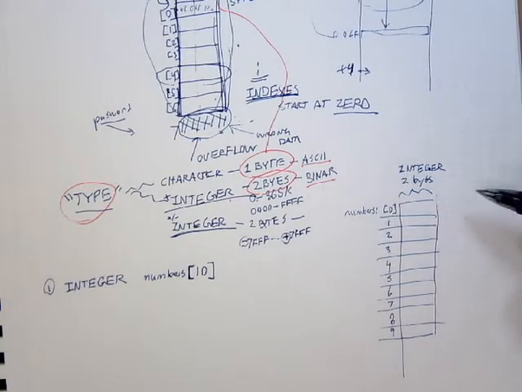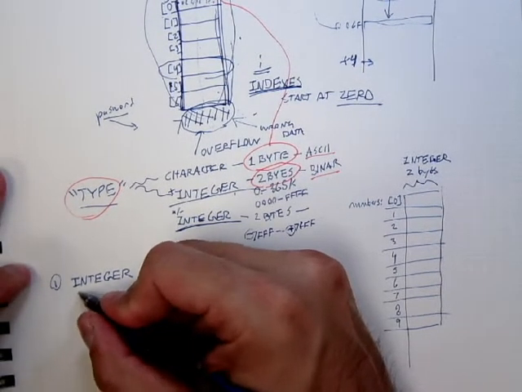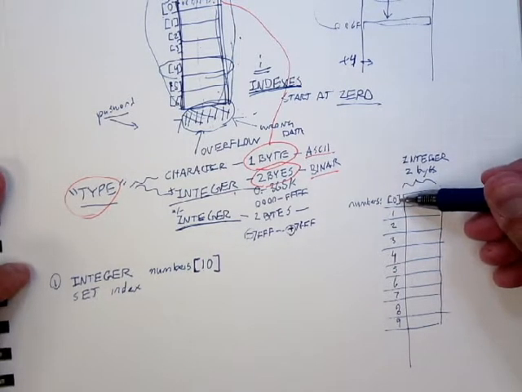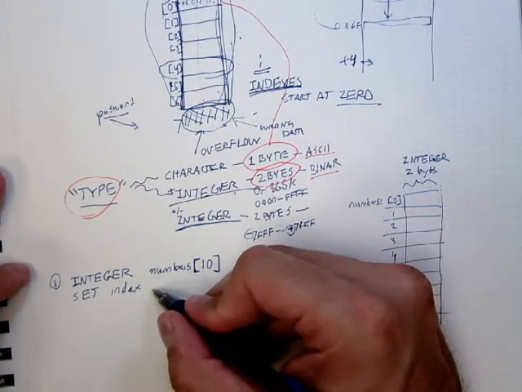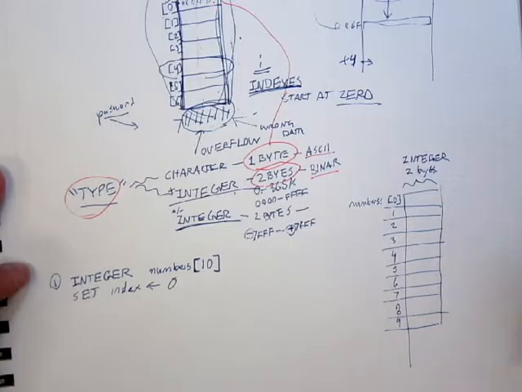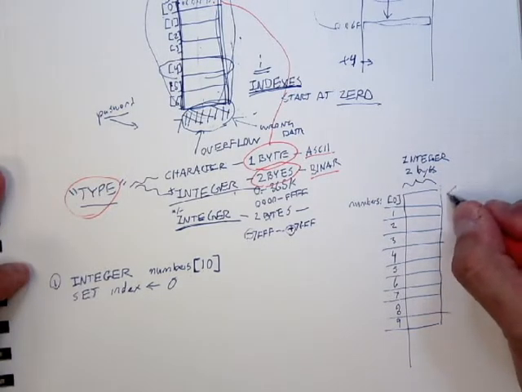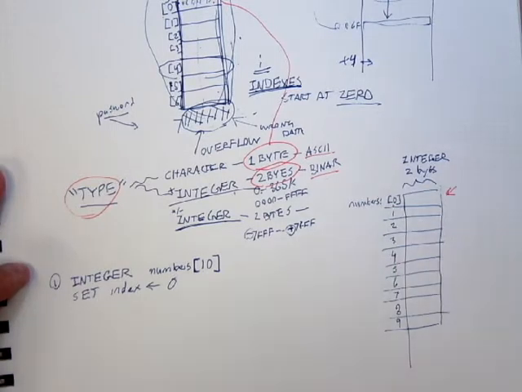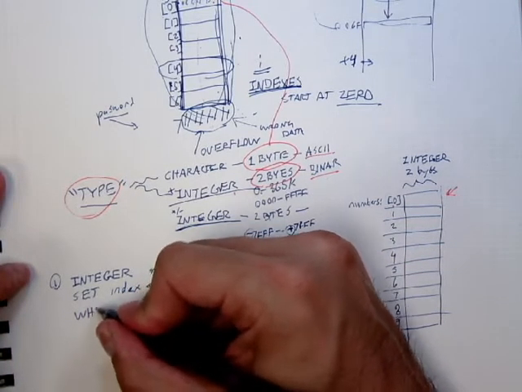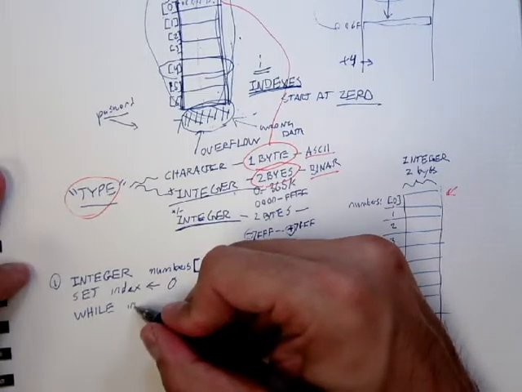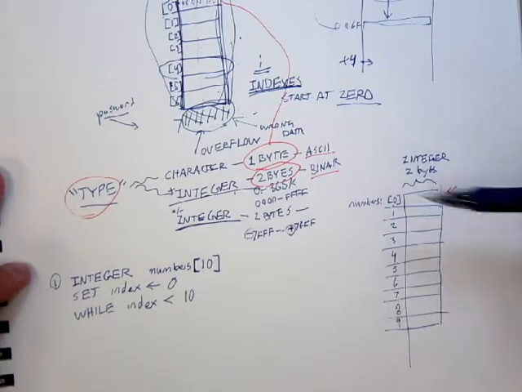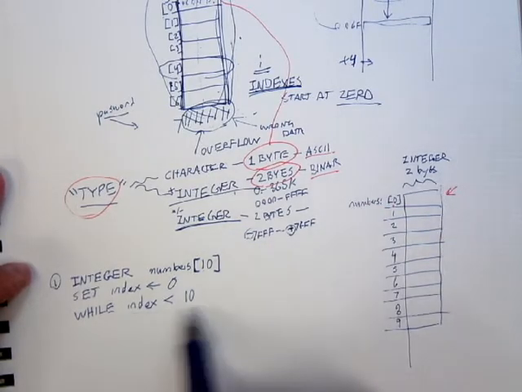In order to actually read them in, you might set a variable index. Index is what we usually use to indicate your position in an array, and we set it to 0. That means index is currently pointing at index 0. You'll recognize this as a count control loop: while index is less than 10. Isn't it convenient that index goes from 0 to 9 when we do this? It'll visit each cell. We can read